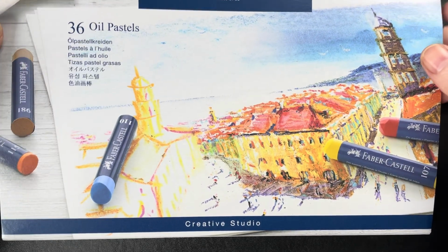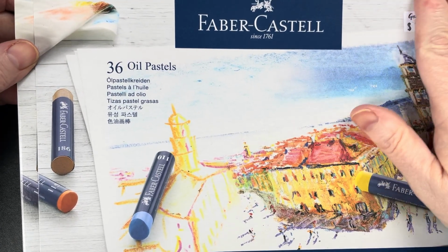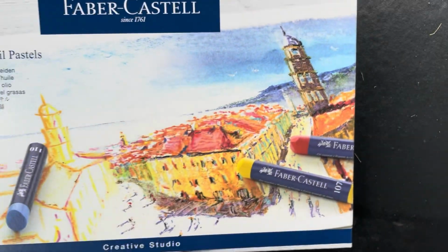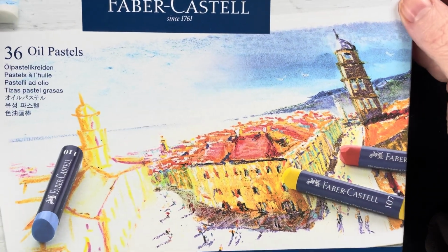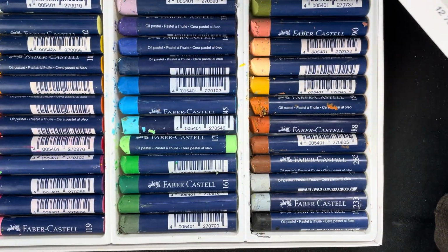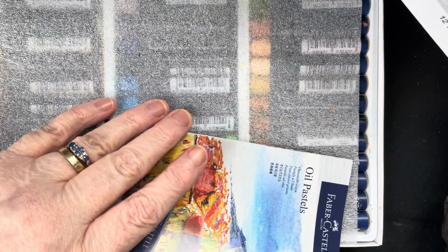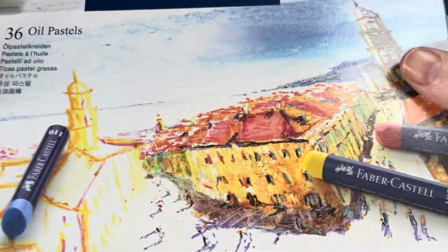Another thing I got, which I've wanted to try, I guess it's only been a short time. It says $29.90 or so on this, and it was not $29.90. I think it was $15. So it's a full set of Faber-Castell oil pastels, and very excited. I've already done a quick little sketch with them, ergo they're not in pristine condition. I've also done 3 different tests with them to see what they're like on black paper, to see what they're like on a cream paper and that sort of thing,